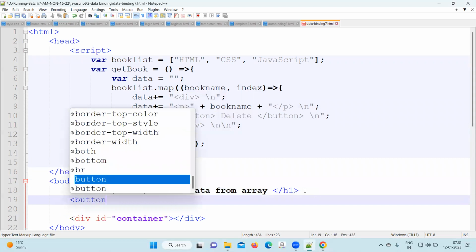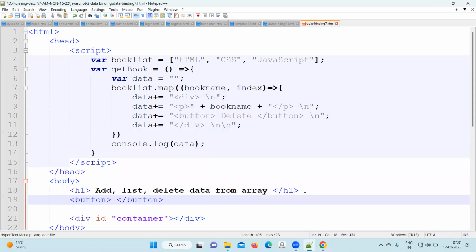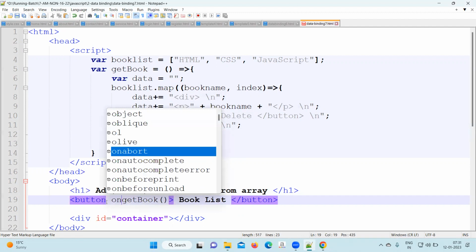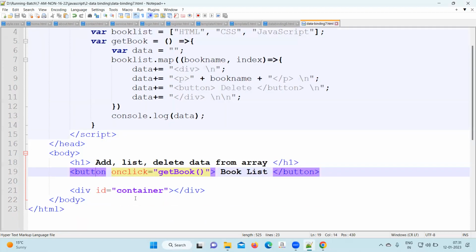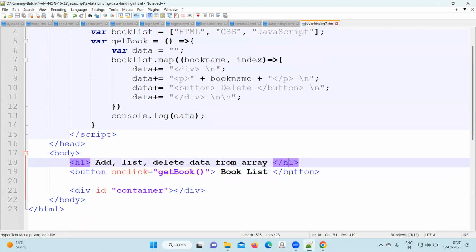Button open, button close, and Book List button. If you click on that, on click once you do, you call the getBook function. So this is on button click now. Once you run the page, it will not give the result directly. After running the page, once you click on the button,